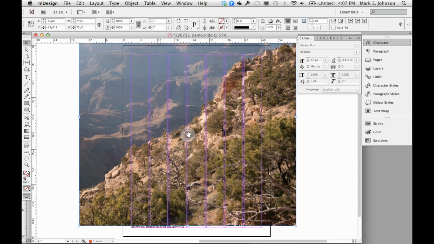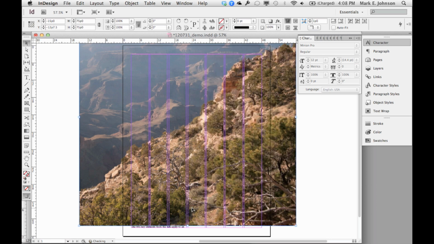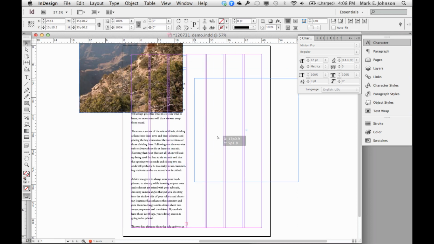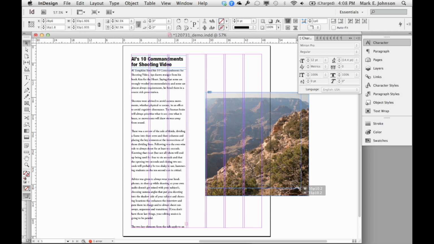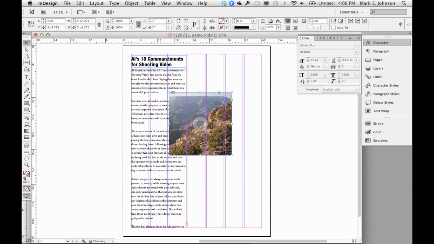So what I want to do is shrink this down. Now, if I just grab a corner here, it's going to start cropping stuff out of that, and I don't want to do that, so I'm going to hit Command Z to undo that. And now I'm going to hold down the Command key and the Shift key, and now as I grab a corner here, it's going to scale this proportionally. All right, so now you can see that this image is getting to a more usable size. So let's say that I want this in here and I want it to run across 3 columns